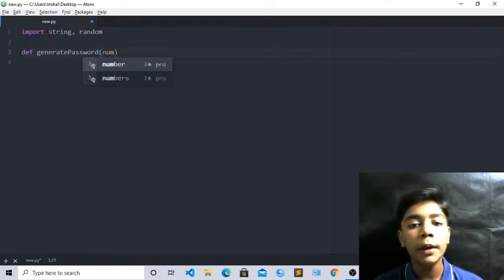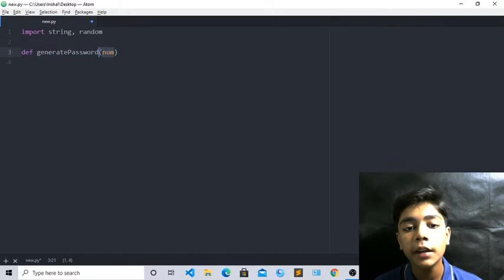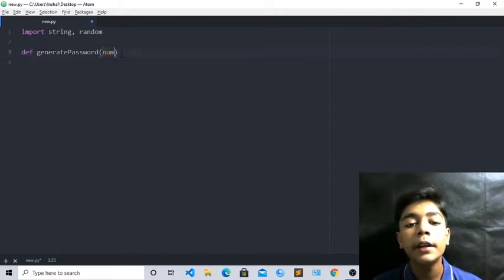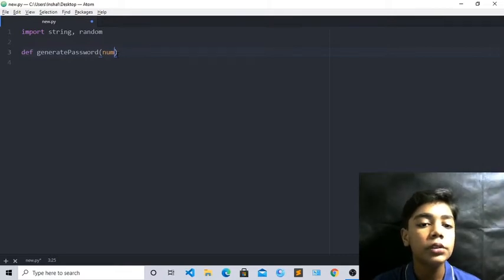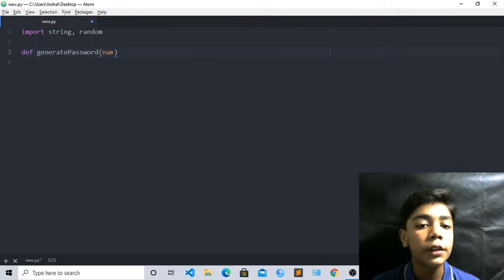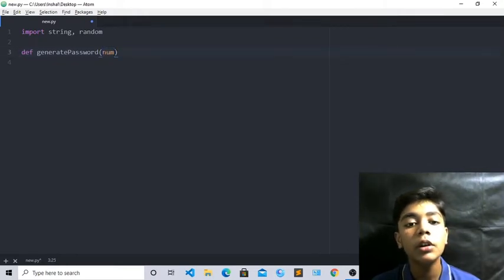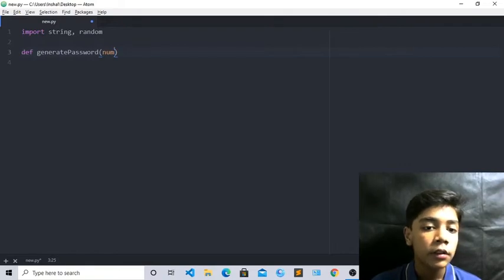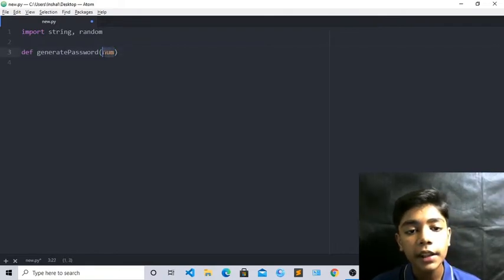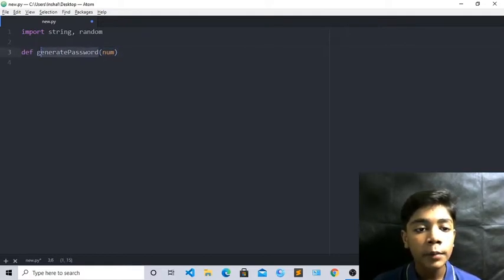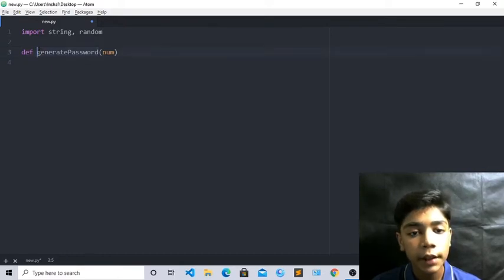I hope you all remember, we have learned about this num tag many times, when we were making a guessing game with Python, a car building game with Python, and when we were making the calculator, we used this num tag because it is used in mathematics. We can use this num tag in many things, and we can also use it randomly, which we are using today. Now I hope you understand what is generate password and num here.